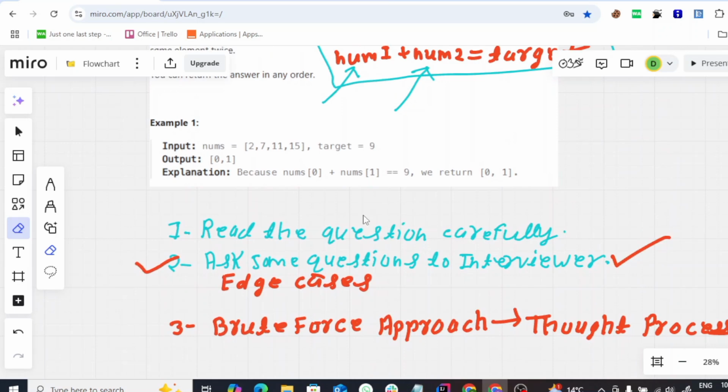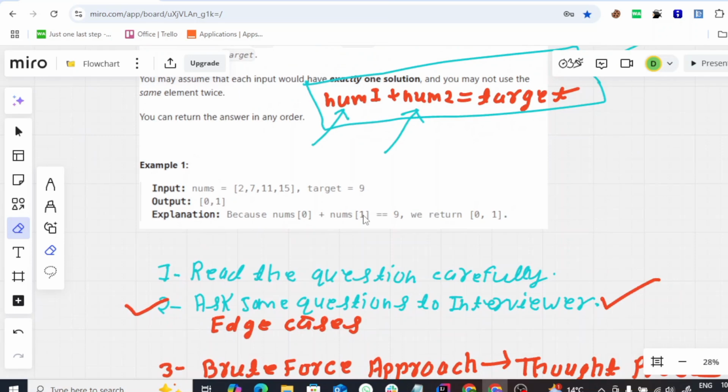Now I am going to explain the brute force approach to the interviewer. Suppose you are an interviewer and I am a student. So now how will I explain the question? Okay, guys, listen carefully. I am going to explain the brute force approach, and I will tell it like this. So sir, because